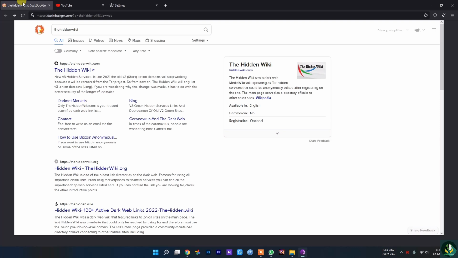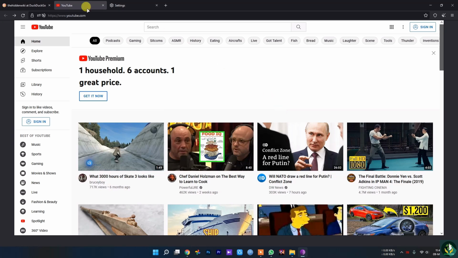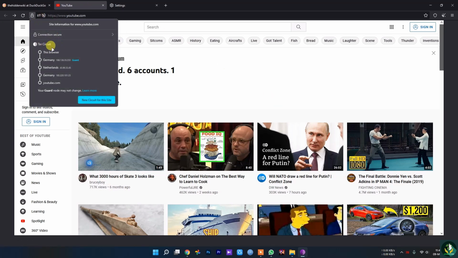So basically that is the security feature that you have in your Tor network settings. You can even close down the Tor browser windows and tabs. You can also reset your identity by using this button. If you click yes, it will reset all your identity. Even with this button you can just reset the Tor circuit and check the website details, whether it is secured or verifiable or not.